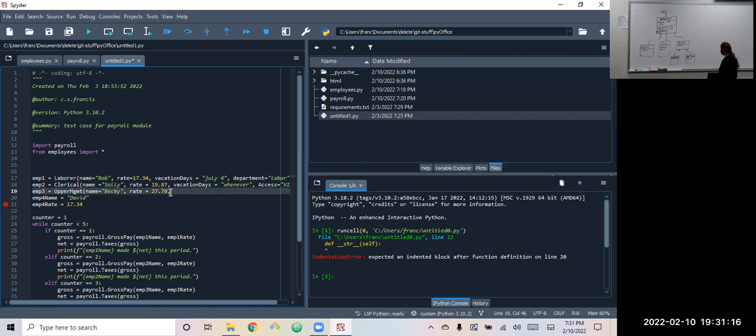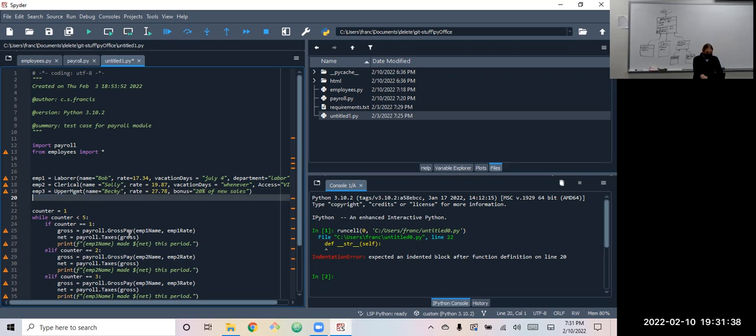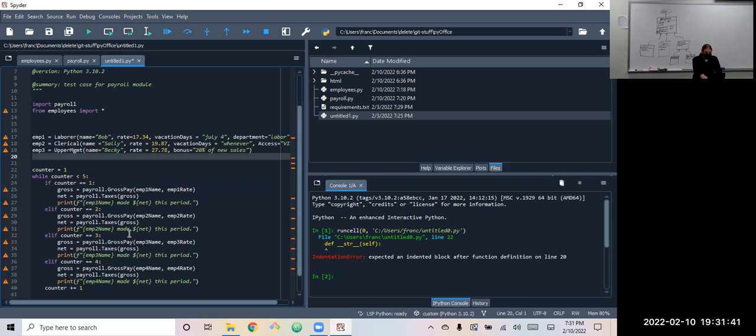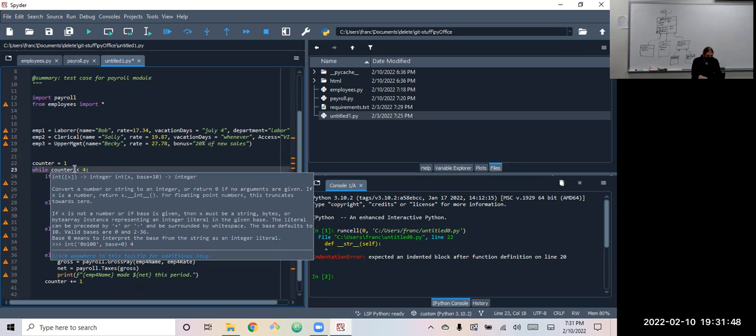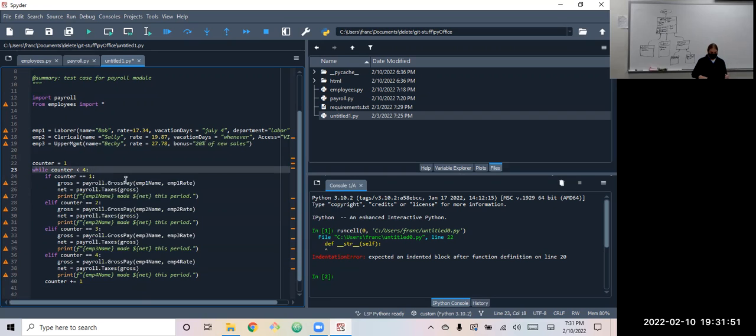The rate, she's up for management, so she doesn't get any time off, but she gets a bonus. Her bonus, let's say 20% of sales. We'll make that a number later so we can do math with it, just putting something in there. That's good for our example. And we still haven't got this cleaned up to a list yet. There's only 3 things, so 1, 2, 3. So when we're less than 4,